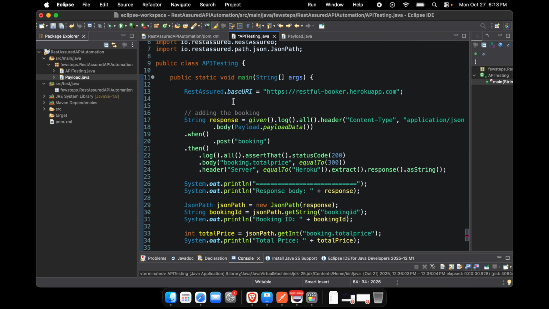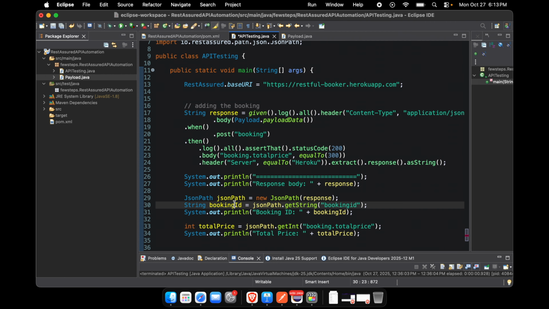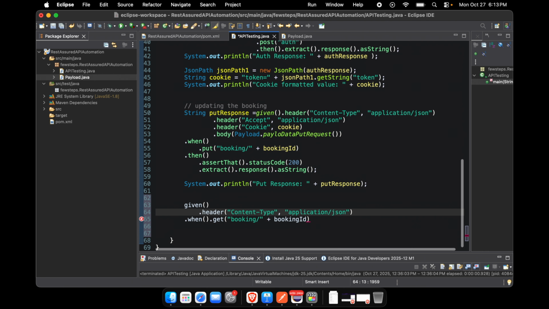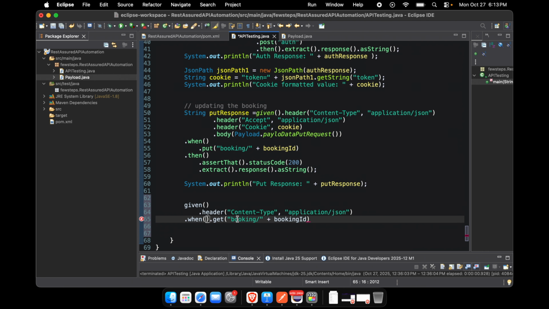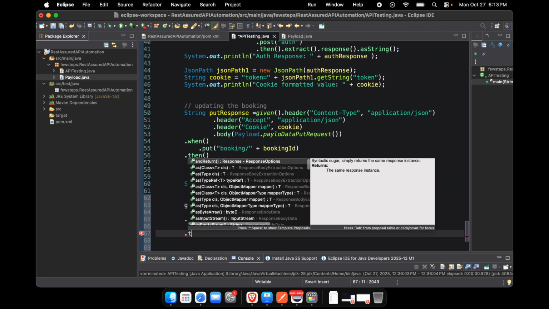So when we created the POST request, at that time after the request we got a response. Inside the response, if we extract, then we can get the ID. So this is the ID we got this way. It's a booking ID, so I'm going to use this here. Okay, so given block done, when block done. So I'm going to format it in a nice looking way, like this. So this is also the when block, and now finally we have to add the then block,